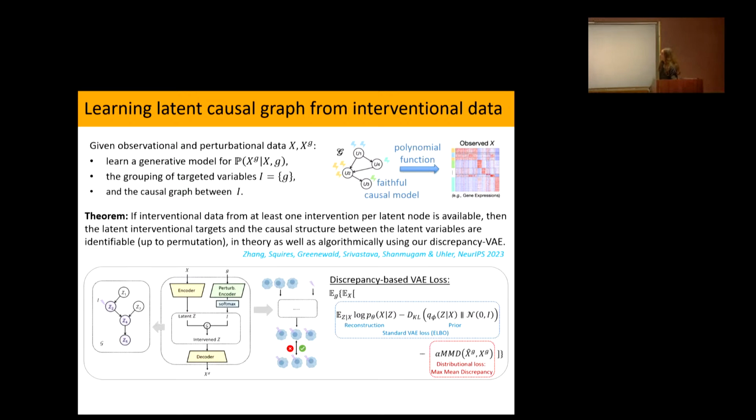And even more, we can give you an algorithm that will identify the latent causal graph when you have interventions. And so what is the algorithm? It's, again, an autoencoder. And okay, so how does this work? Here you have only one part of the autoencoder, or I guess kind of both parts. But what am I going to put in? I'm going to put in observational data, so without any intervention applied to it. Say I give you an image where no drug was applied.